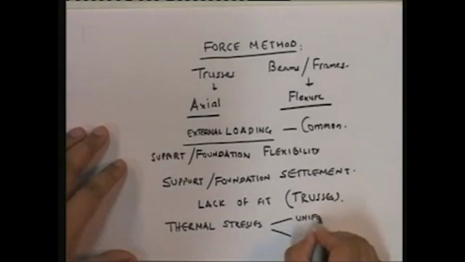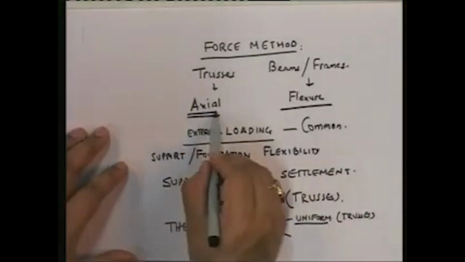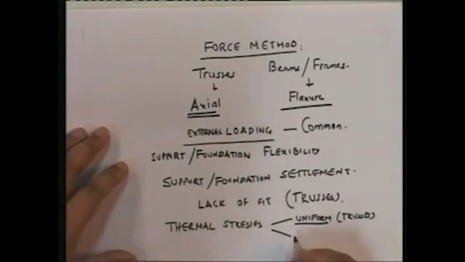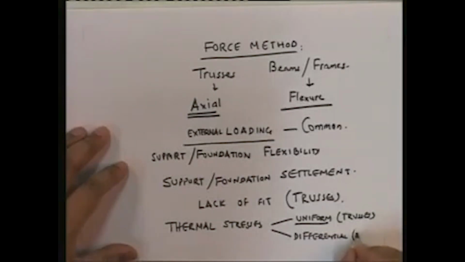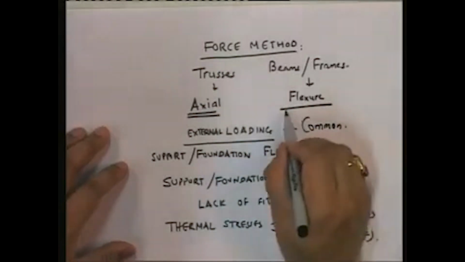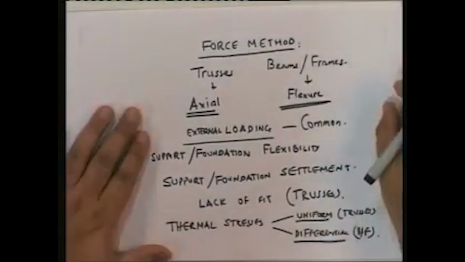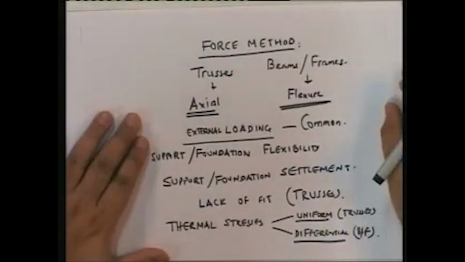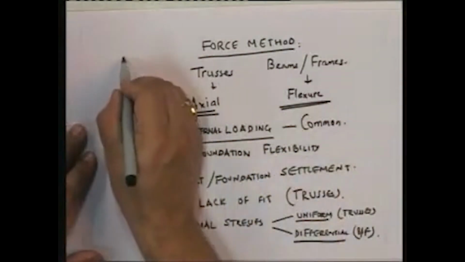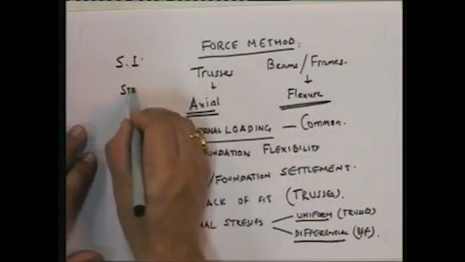Uniform for trusses. Why? Because you have to understand, uniform gives rise to axial, and differential for beams and frames. Why differential? Because differential is what gives rise to flexure. Okay? So we have looked at all of these things for the analysis of statically indeterminate